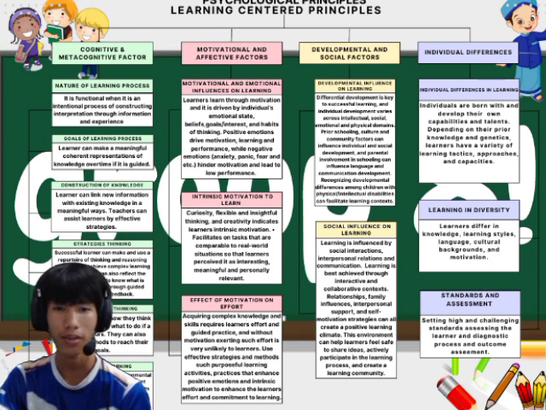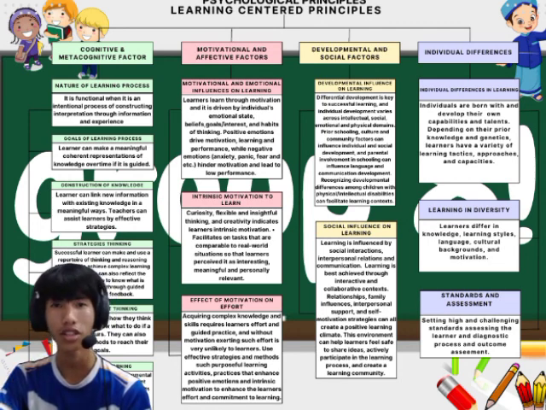While genetics can play a role in determining some aspects of an individual's abilities, environmental factors such as prior knowledge, experiences, and upbringing also contribute to their learning capacities. So, for example,